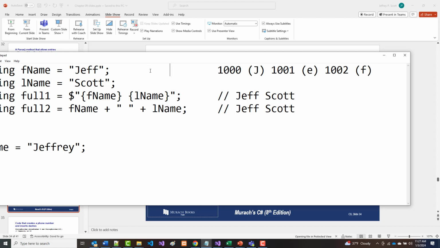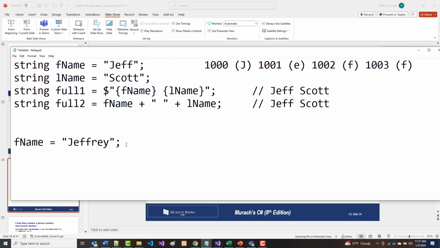And finally, 1003 will be the holder of the second F. When I go in and do this, I can virtually guarantee you it's not going to go and add the R to 1004, the E to 1005, and the Y to 1006. It's not going to do that. There's a good chance something else was already in those memory locations. So what's going to happen